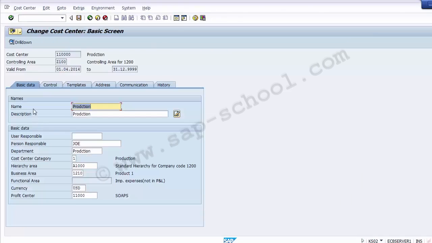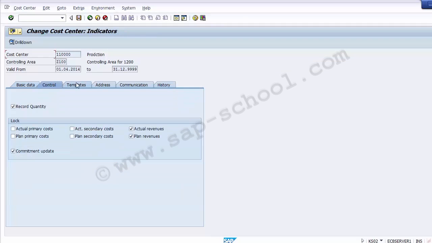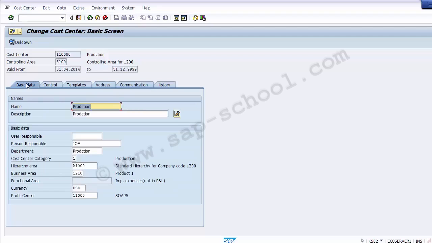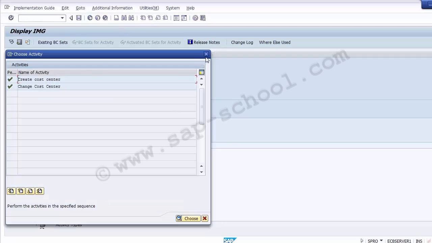So you can have a look at the different cost center details mentioned in the cost center part: who had created it, what the hierarchy is, what the business area is, and what profit center is assigned to it, all displayed to you over here. And in case you want any changes to be done, you can make the changes over here. As you can see, all the fields are editable, so the changes are allowed. This is where you can cross check and make the changes as per the requirement. Even if you want, you can cross this tab,